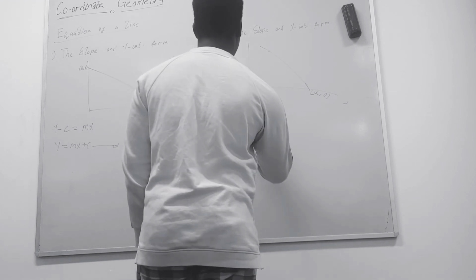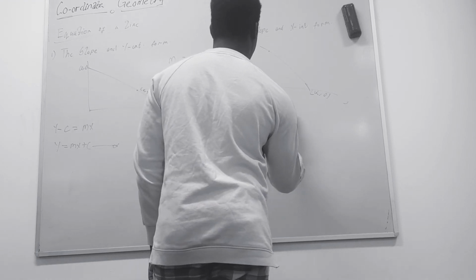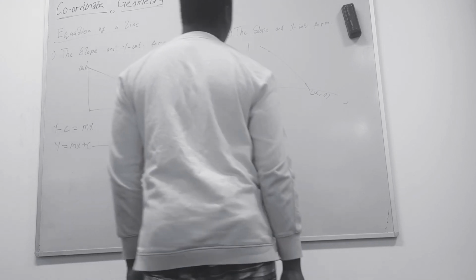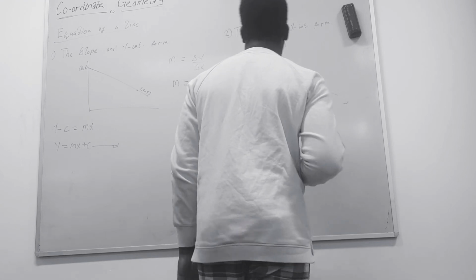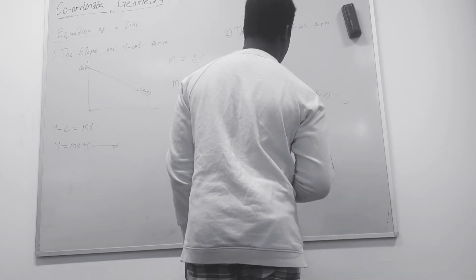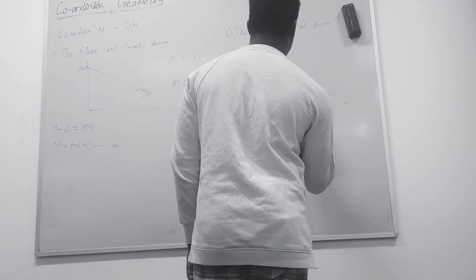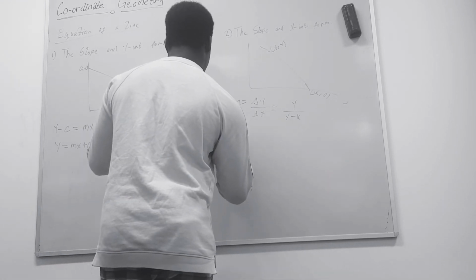The slope is the normal delta y divided by delta x, and that's equal to y divided by x minus k, for an arbitrary point x, y,